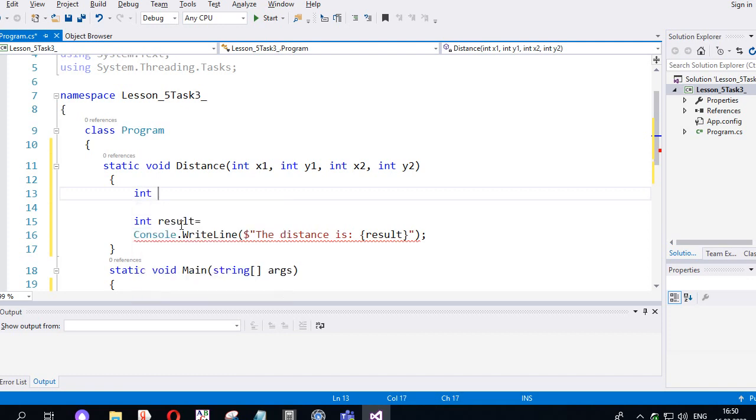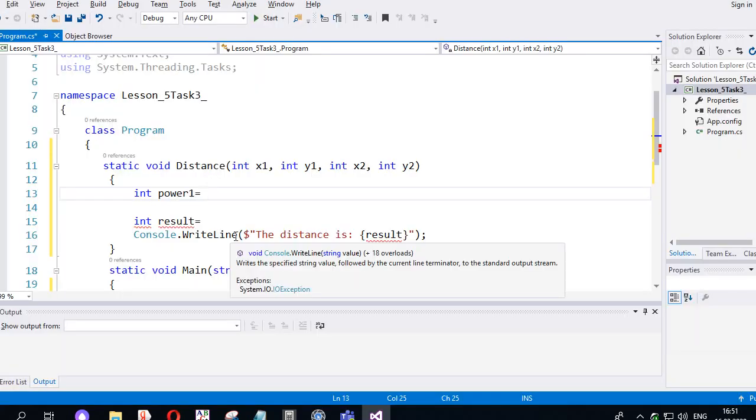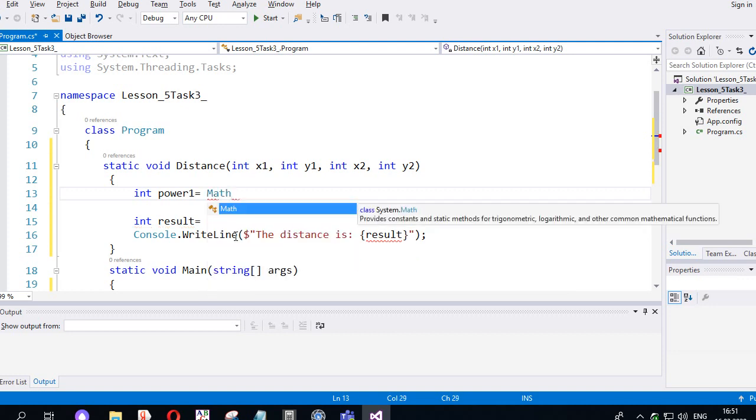So we will have int power 1, and look here, we have these parentheses. We have to use this formula, class Math, function pow with two parameters, number and power. So it will be this x2 minus x1, and the power will be 2. So let's do it. Math dot